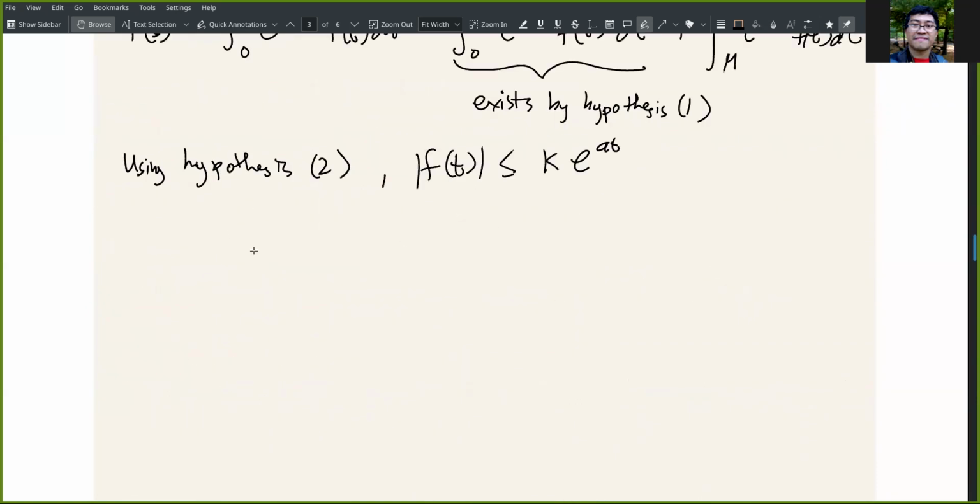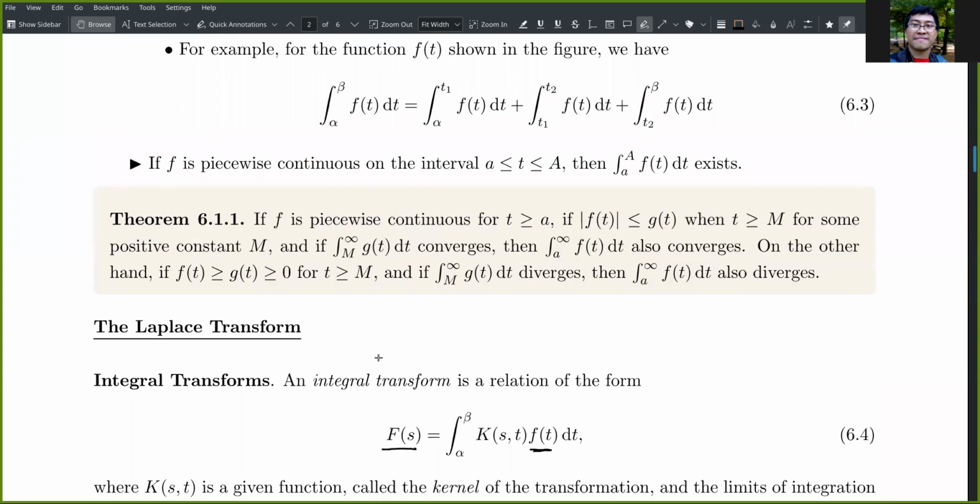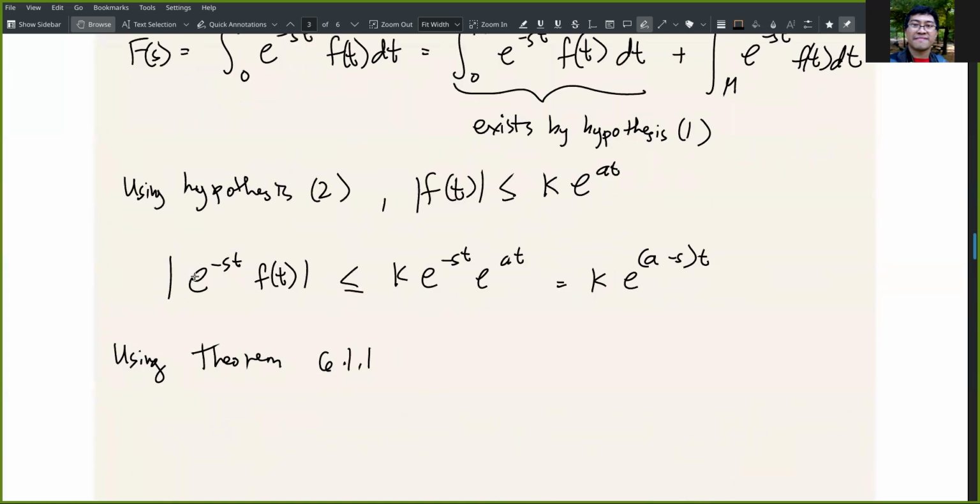Multiply both sides by e to the minus st. So e^(-st) f(t), put it inside the absolute value, is less than or equal to K e^(-st) e^(at). So this is equal to K e^((a-s)t). Now we use a theorem mentioned earlier, theorem 6.1.1. So you have two functions you're comparing. If this converges, then this should converge. On the other hand, if this diverges, then this should also diverge. So using theorem 6.1.1,